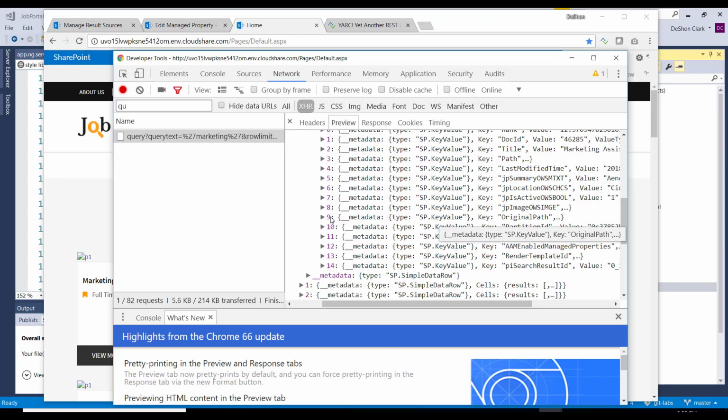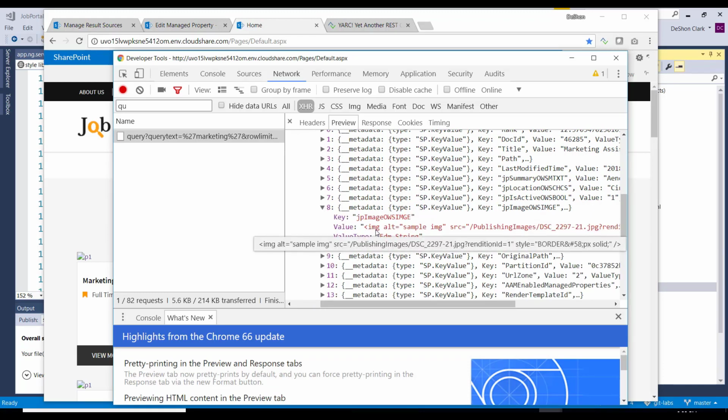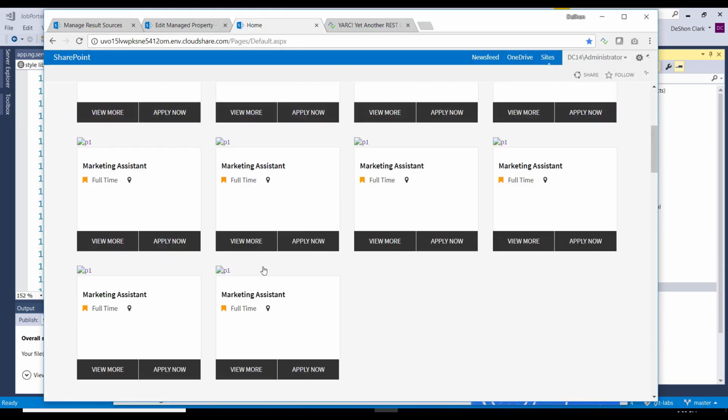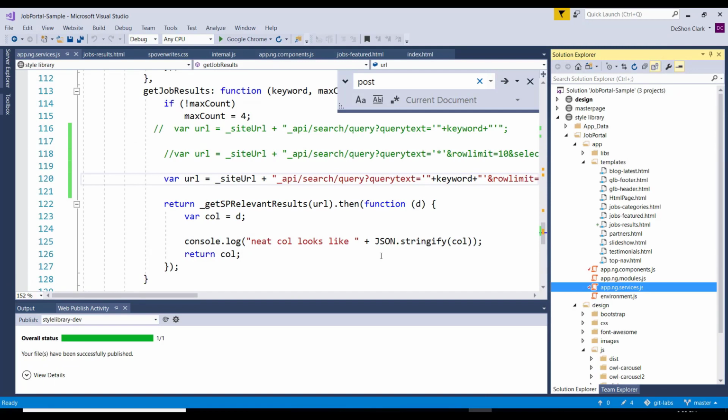Now, let's see, our image tag is brought in, so that's going to be JP image OWS. Let's just copy this out because we're going to need this. If we go back here, now we have our results set. That looks good. Okay, so now that we have the result, we have